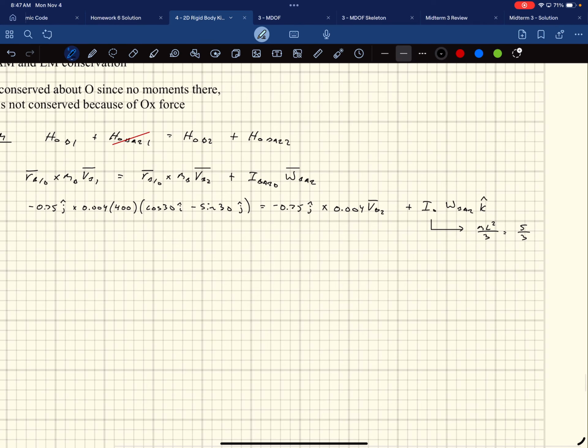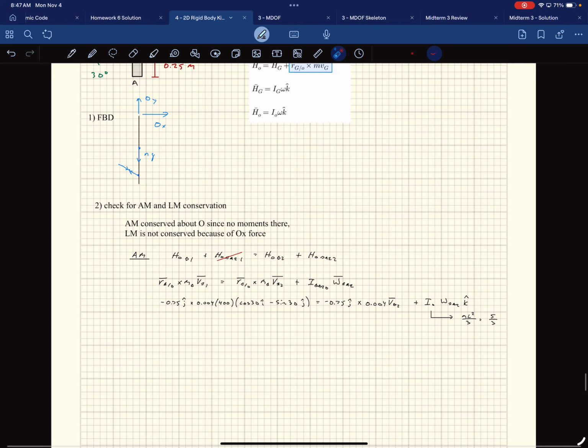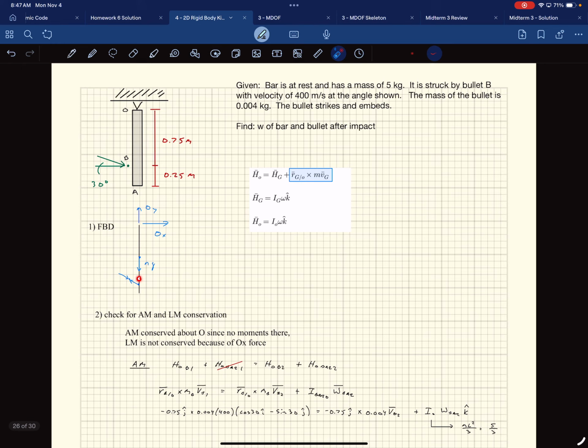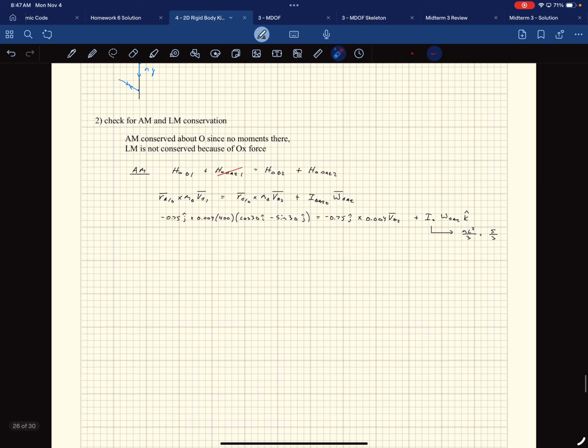We got too many unknowns, right? This side's fine, I know everything there, but I have v_B and omega bar. I need to relate those two, because this is the only equation I've got. And they will be related to each other, because after, the bullet is going to be stuck in there, and then the two are going to rotate together. So the kinematics should tell us how those things are supposed to rotate together, right? So